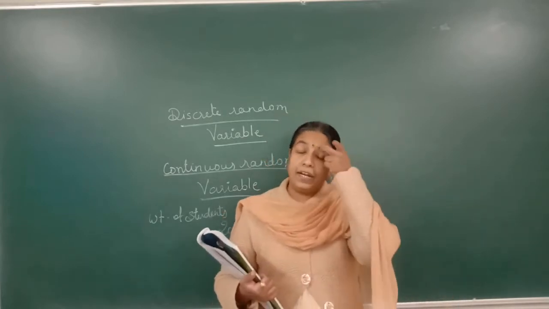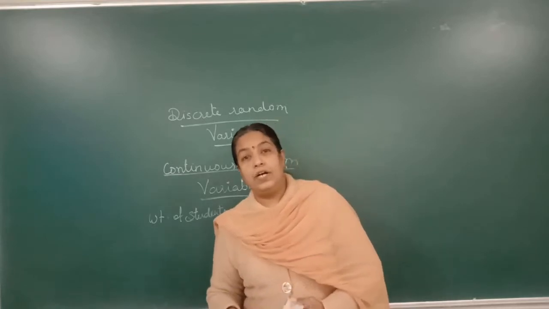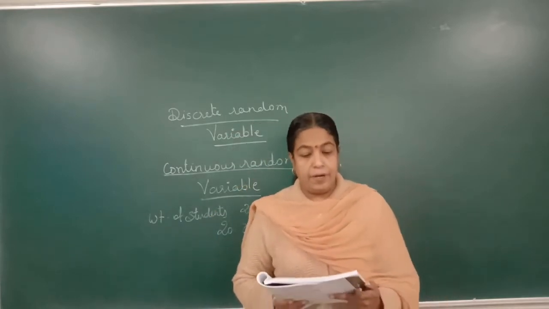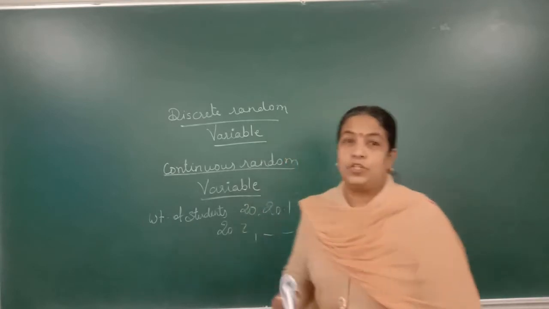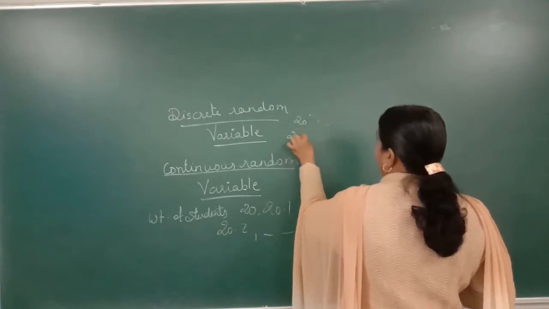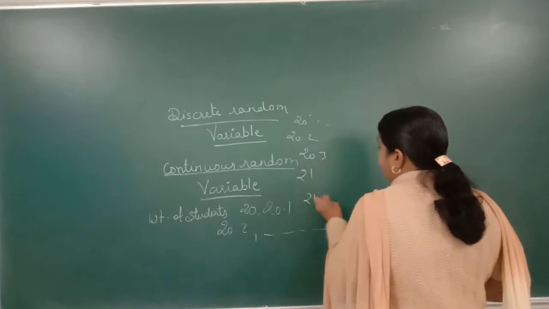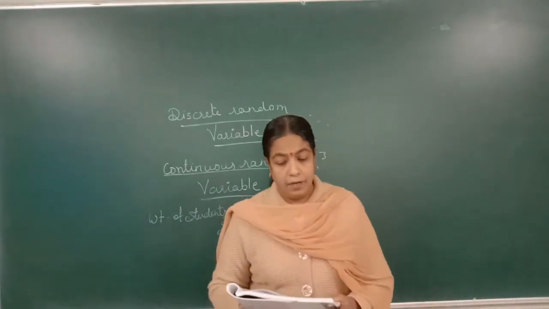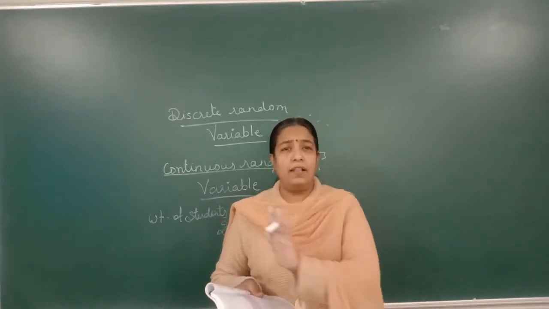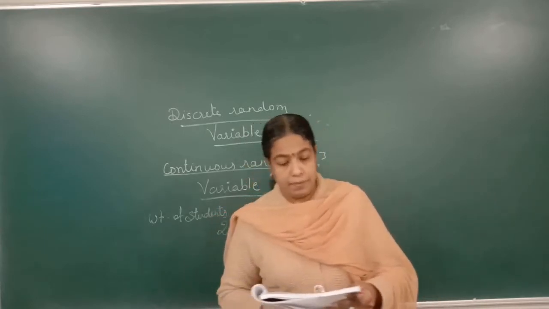There is no fixed rule that it must be only in the range 20 to 30. So such variables are called continuous random variables. Weight of a student in a class, daily temperature of a city. Now, daily temperature of a city. Suppose it is a winter season. It is 20 degrees Celsius. It can be 20.2 also, 20.3 also, 21.1, all that. Got it? Speed of a vehicle could be 60 kilometers per hour, 60.1. All that uncountable values come under the continuous random variable.